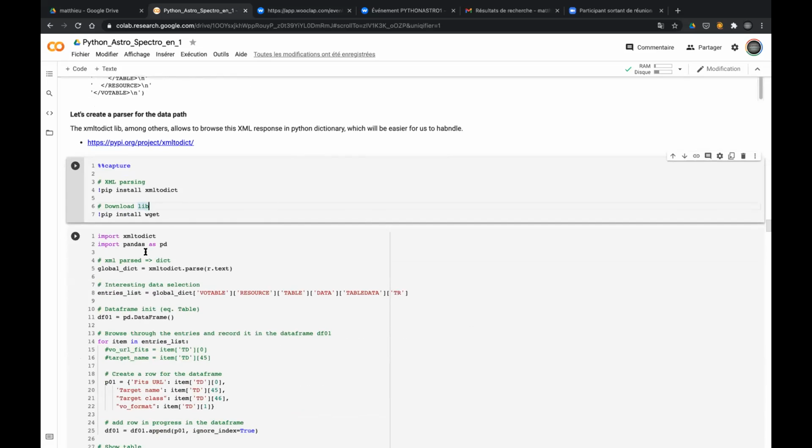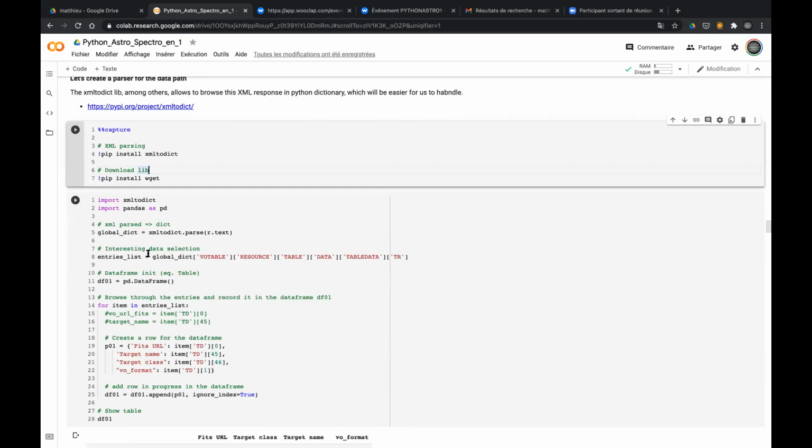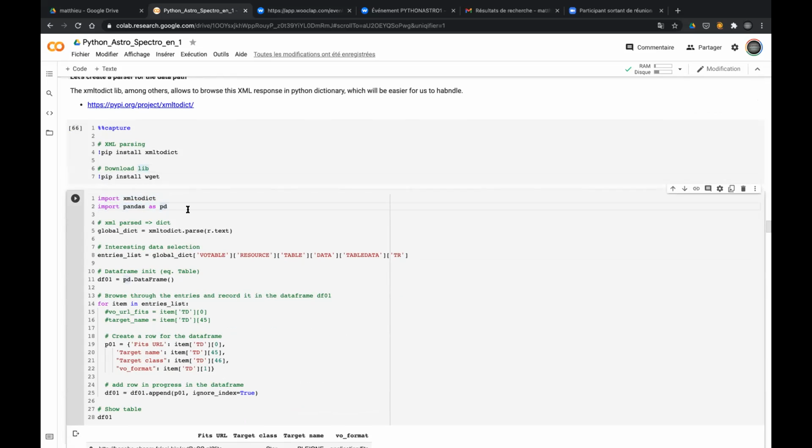And let's go. I try to create a parser. So I import xmltodict, I import pandas, and with xmltodict you can parse your XML, so r.text. And I put the object in a global dict, in a dictionary. And after that, I can